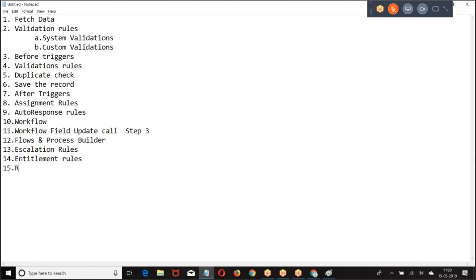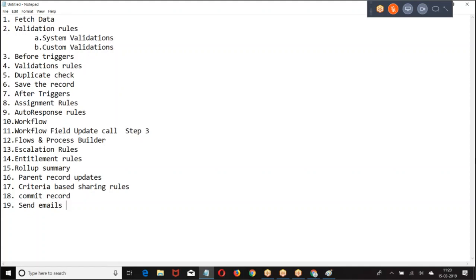Then we have roll-up summary, parent field update. Then criteria-based sharing rule. Then commit the record. Then send the emails.